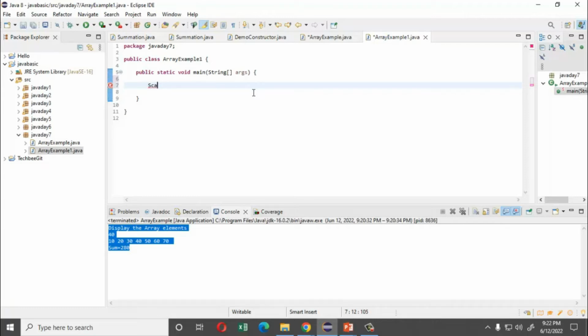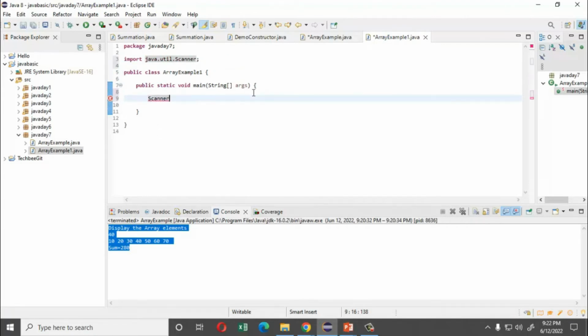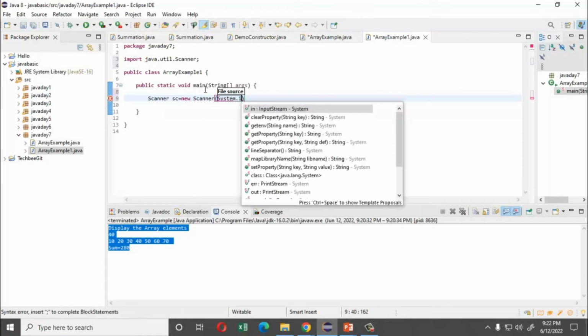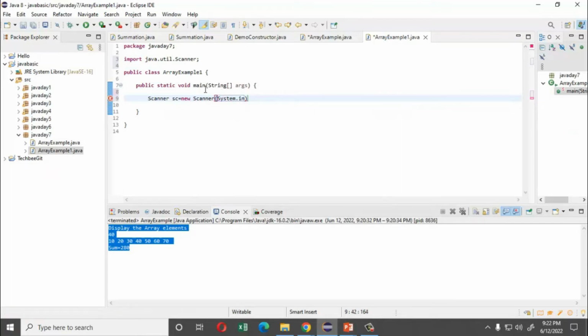The Scanner is imported automatically. Now sc equal to new Scanner(System.in);